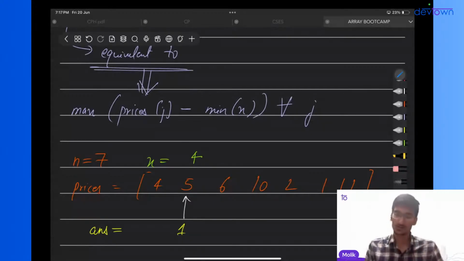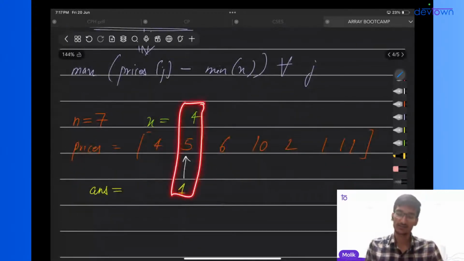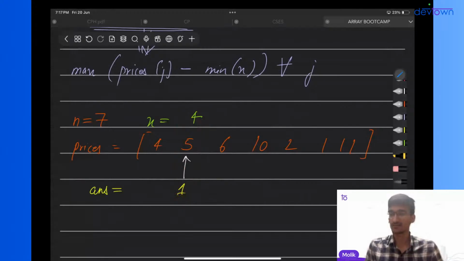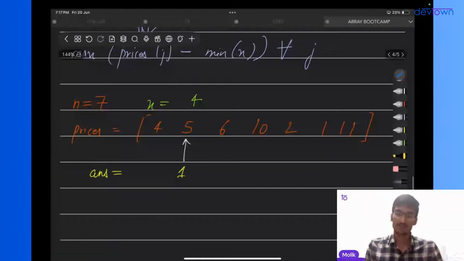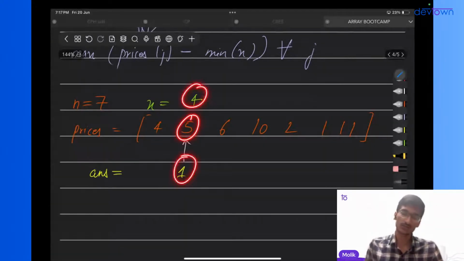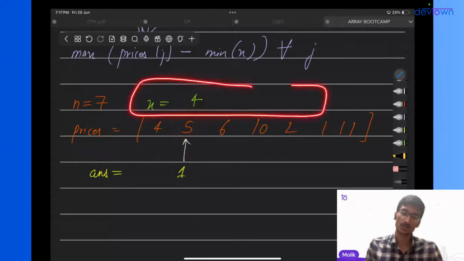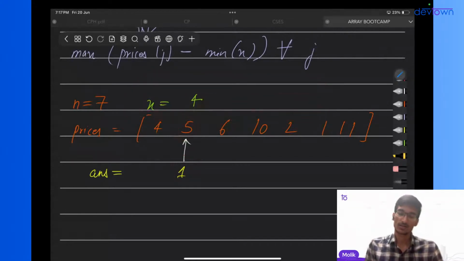Okay, so at this index the best profit we have is 5 minus 4, 1. What we are doing is maintaining a global minimum. Now we update this, it still stays 4,